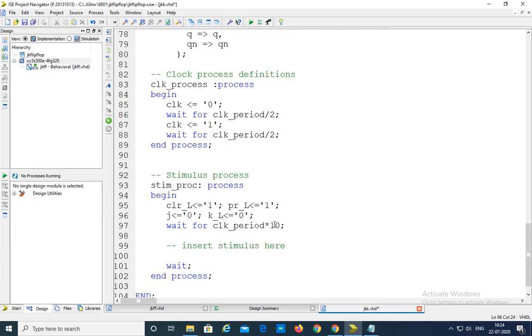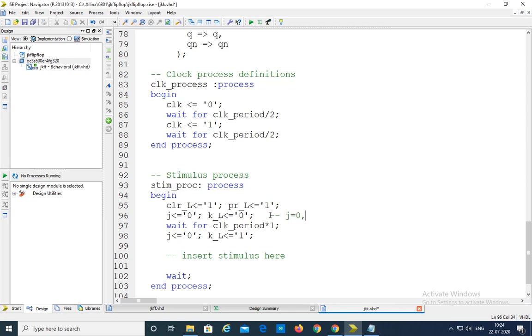And wait for one clock period, we will observe the output and then we are changing the combination from 0, 0 to 0, 1. So here observe this one. Here j is equal to 0, k is equal to 1 combination.